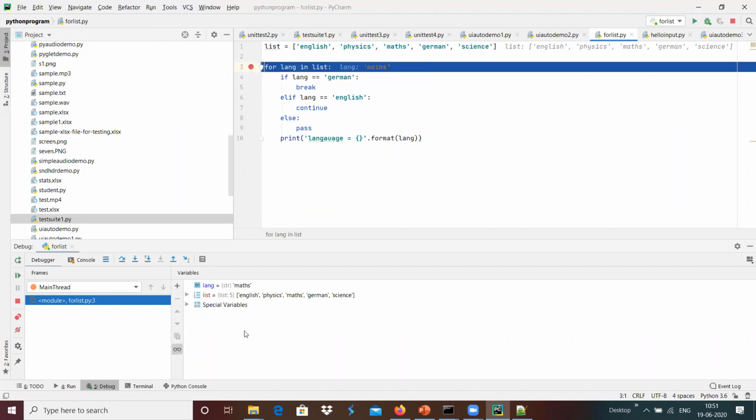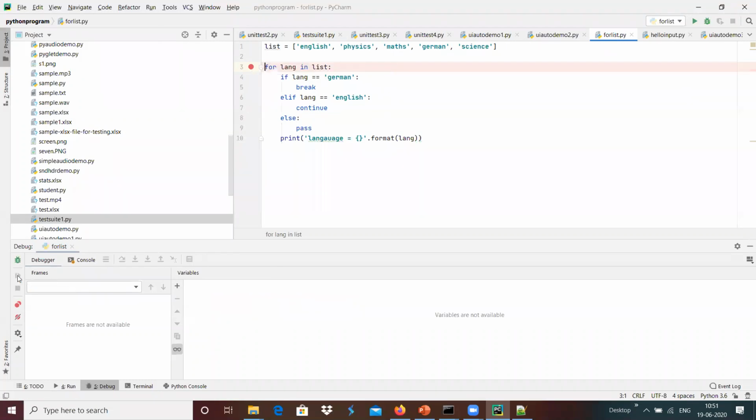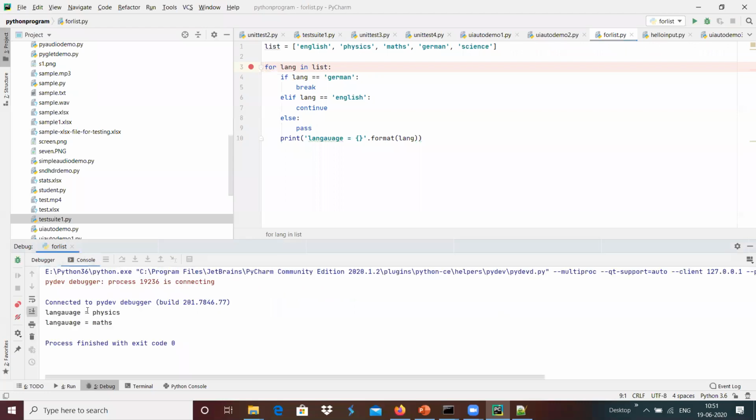Yes. Now it reaches this, and German. Now it's time to fetch German over here, and then it will break out of the loop, and I'm going to check. Yeah, the program control got returned out since the program got terminated because it reaches German, and we got the output over here in the console.